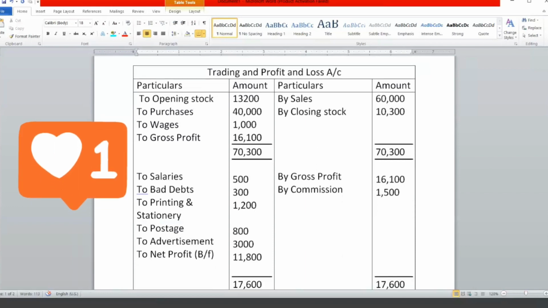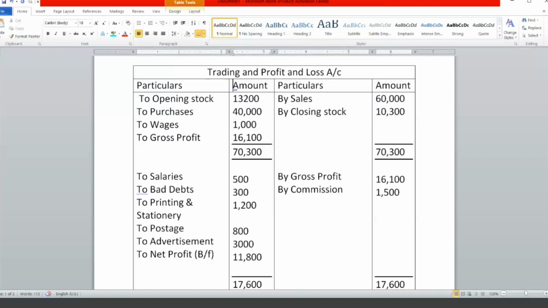In the question you are seeing, please leave out the other adjustments, because this is the first question. I am giving you the question without adjustments. Solve the question without adjustments. With adjustments, I am sure it will take exactly 1 hour, I guess. First I will explain how to treat the adjustments, and then in one more video I will show you how to solve the problem with adjustments. Trading and profit and loss account, please take a screenshot of this if you are done.